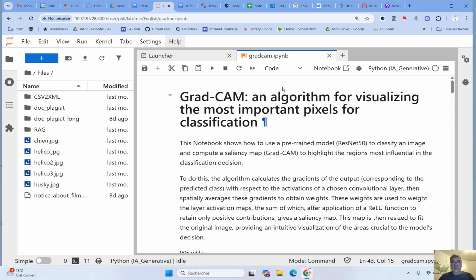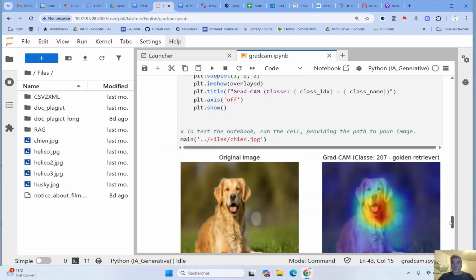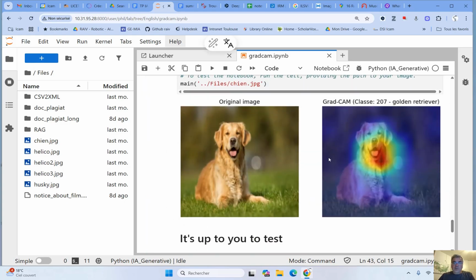Let's see GradCam, which is an algorithm for visualizing the most important pixels for classification. So we will first see an example here. Here is the original image, and the goal of GradCam is to show with a heat map which pixels are the most important for the classification. This image was classified by a deep learning network as class number 207, which corresponds to a golden retriever,